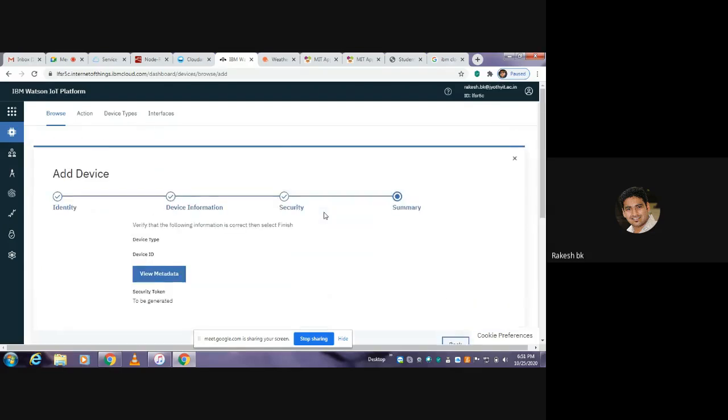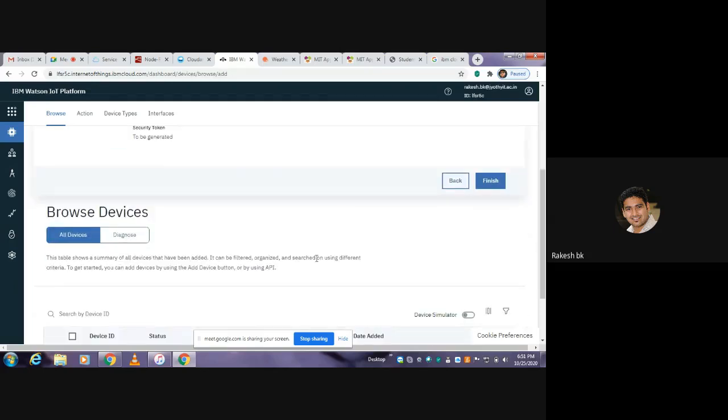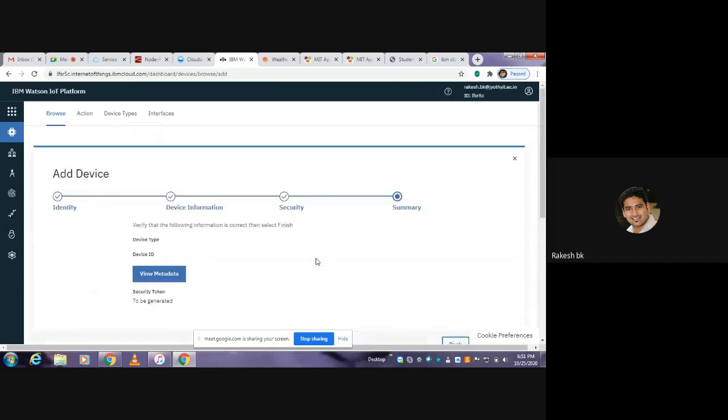It will create its own security token, which is called an authentication token. Those tokens and credentials have to be copied down onto your notepad, because they will be available for only a few seconds and will not be displayed again. So better copy down all the credentials, like device data, device ID, and the security token automatically generated from the IBM Watson IoT platform, onto your notepad. That comes in handy for us.